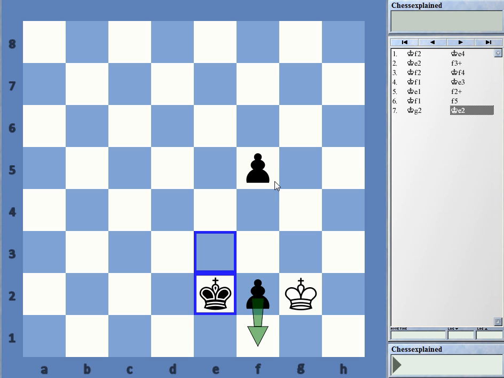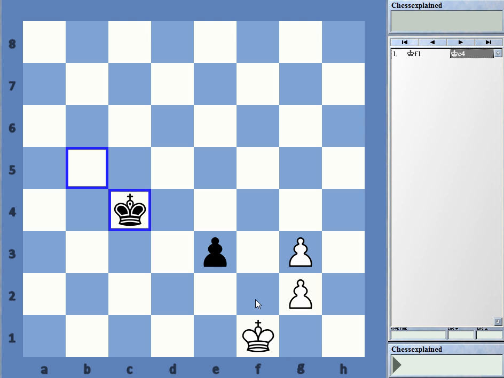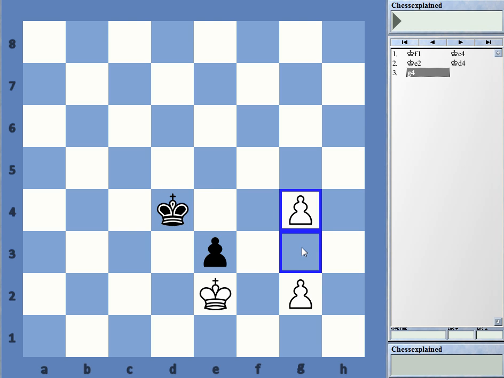Okay, the situation with double pawns can be much more complicated. Let's look at the most complicated example now of this video. Yeah, it's white to move in this position, and in fact white can win here. With king f1, king c4, king e2, king d4. Black is just in time to protect his pawn, but now the double g pawns